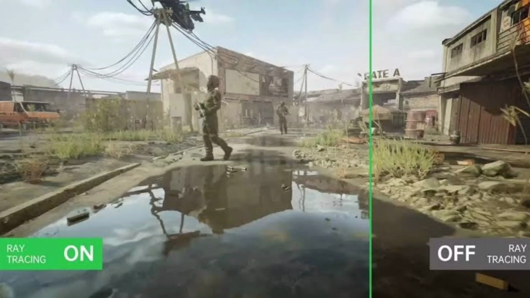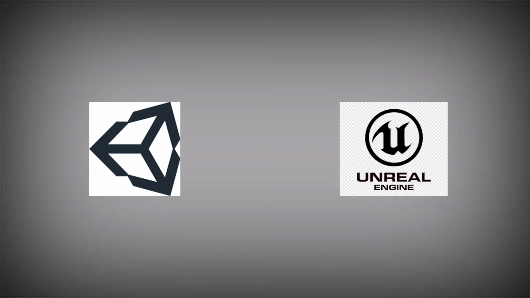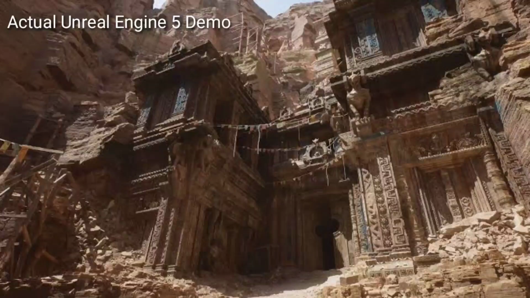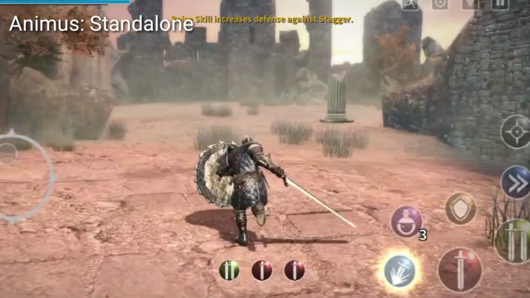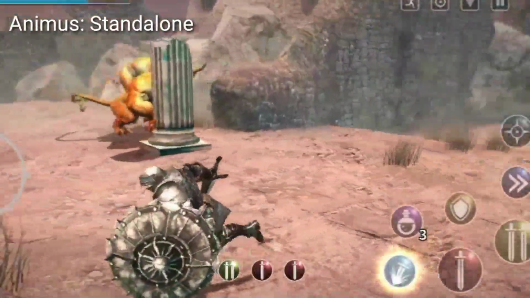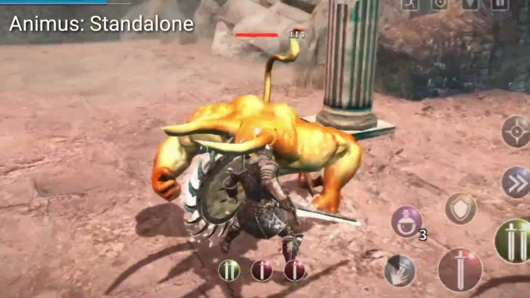And also with new and more advanced game engines, such as Unity 2022 and Unreal Engine 5, that deliver photorealistic effects that are now rumored to also be applied to mobile games. Who knows? One thing is certain, that mobile games are here to stay and will continue to blow us away, gameplay-wise and visually.